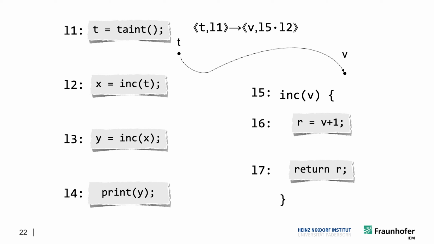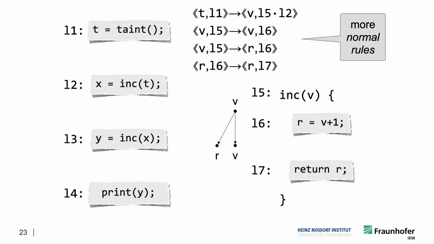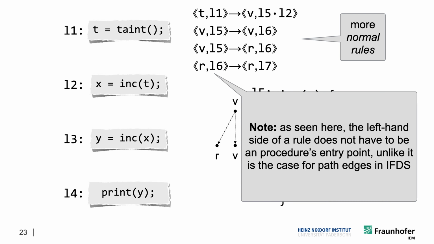So this push rule propagates taint from T to V, and then within this callee procedure, we have a few more normal rules. So in particular, because V is tainted at line 5, V is also tainted at line 6. And because of this statement, R is also tainted at line 6. And this is modeled by these rules here. But then because R is tainted at line 6, it's also tainted at line 7, right? And so we will also have such a rule here that propagates the taint down to this return statement. Now at the return statement,